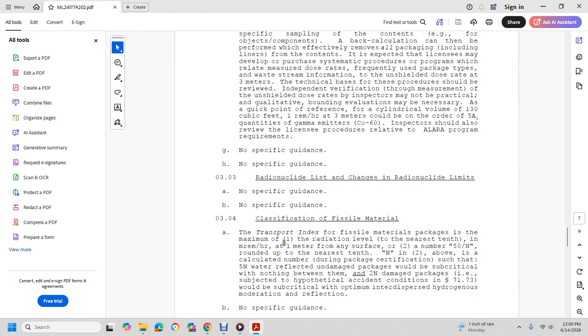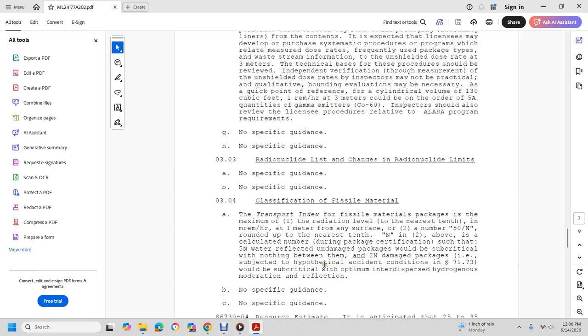level near the surface of 10 millirem per hour at 1 meter from any surface. The number 50 over N, rounded up to the nearest 10, with N in number 2 above being the calculated number during the certificate, such as the 5N water-reflected undamaged factor with the supercritical, with nothing but between them 2N damaged packages of the subject with the hypothetical accident condition would be subcritical, with an interspersed